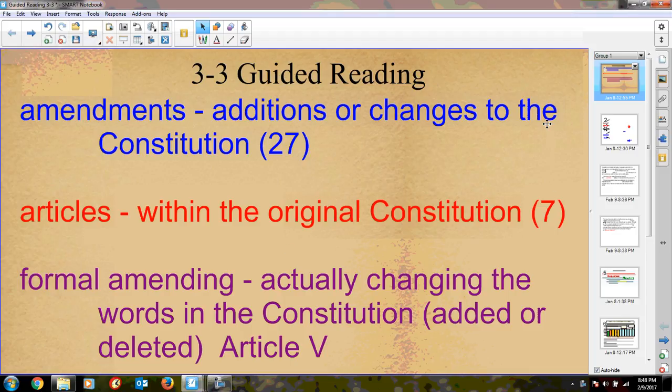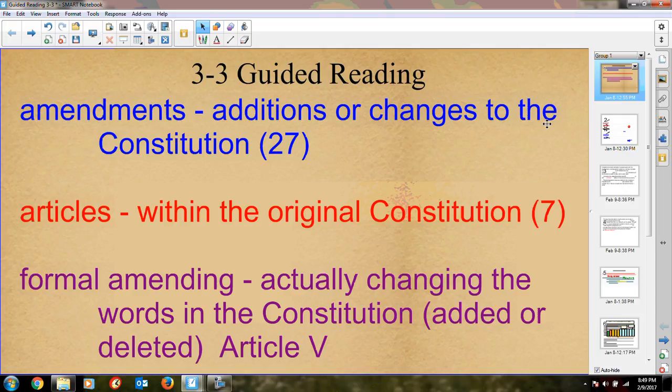Hi. We've been discussing why the six tenets of the Constitution have made this a living document. Remember that the United States Constitution is the oldest democratic constitution in the history of the world. And it is because of popular sovereignty, federalism, limited government, separation of powers, checks and balances. But it's also because our founding fathers had the sense to understand that our Constitution needed to be able to